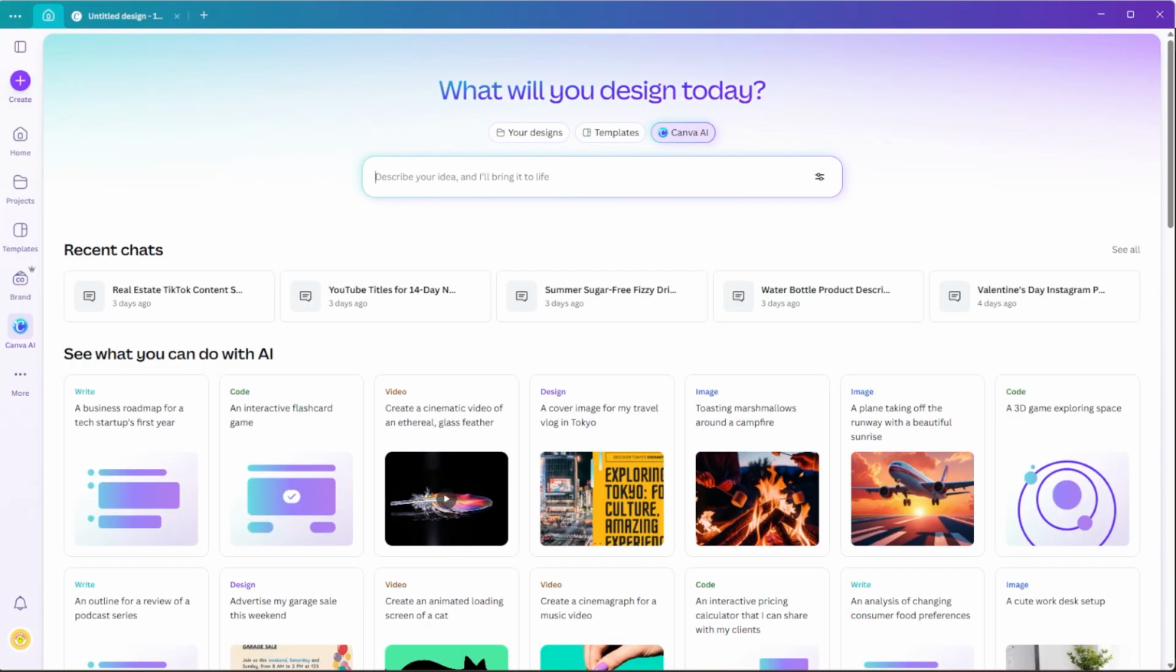Custom stickers are great for social media, branding, messaging apps, and digital products. With Canva's Magic Media, you can make fun, unique stickers just by describing what you want. No illustration skills needed. So log into your Canva account, and from the Canva homepage, click Canva AI to access